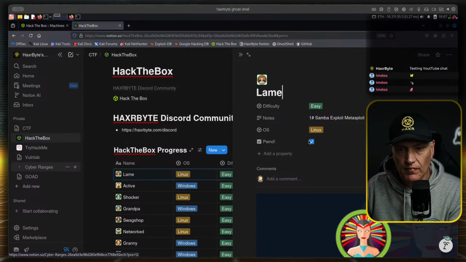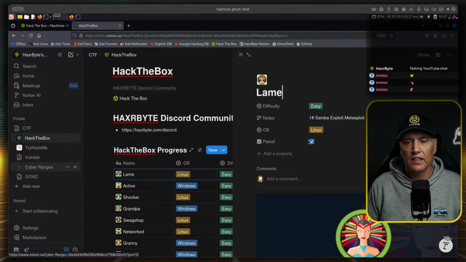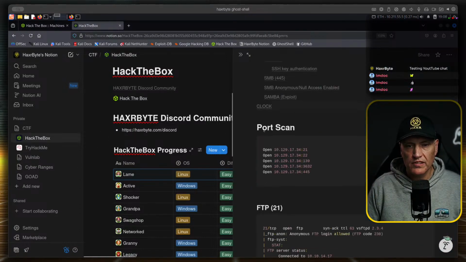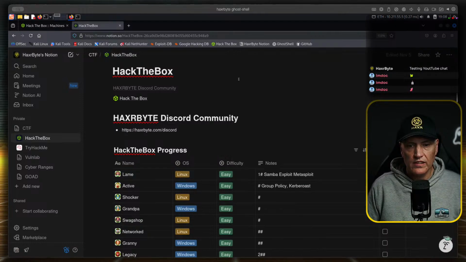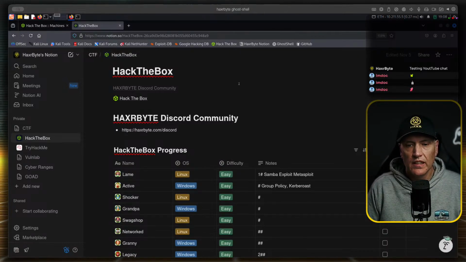What made this one stand out was a Samba exploit that was possible. We could exploit it via Metasploit. We got a shell which was root, and we managed to grab the flags.